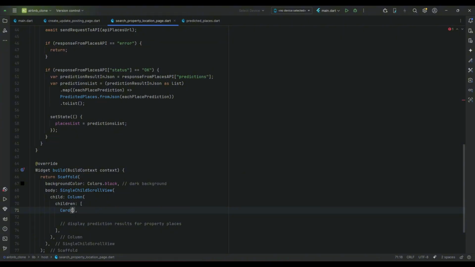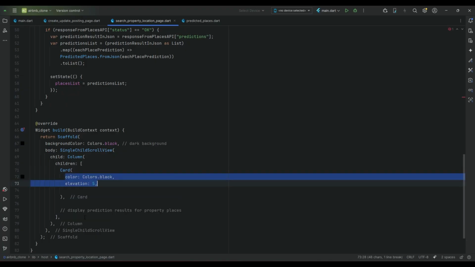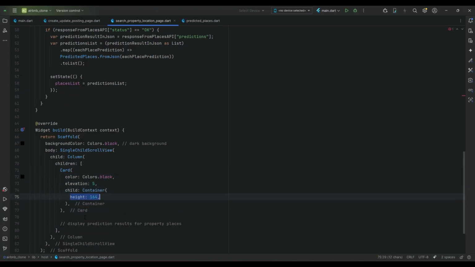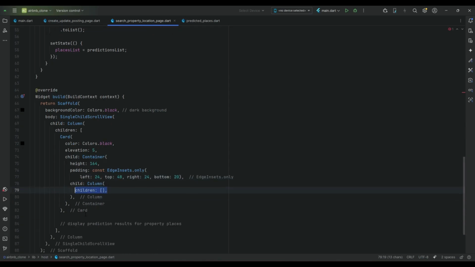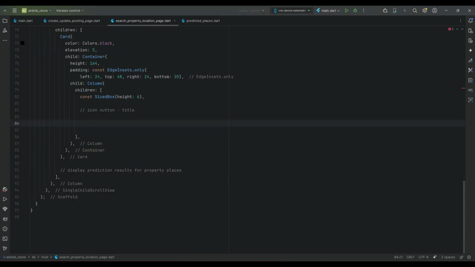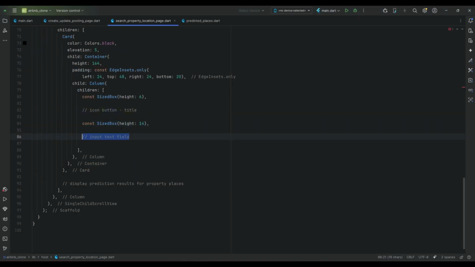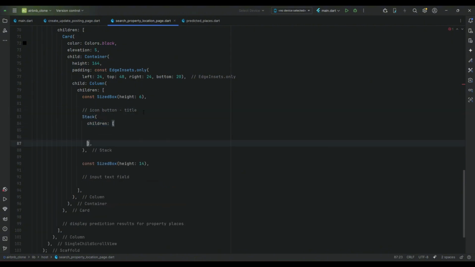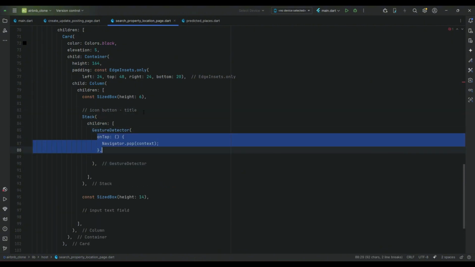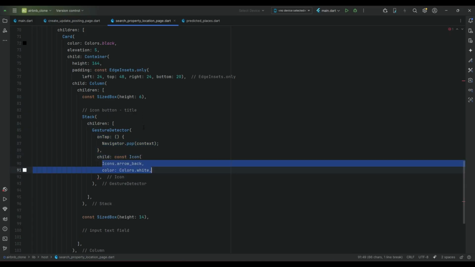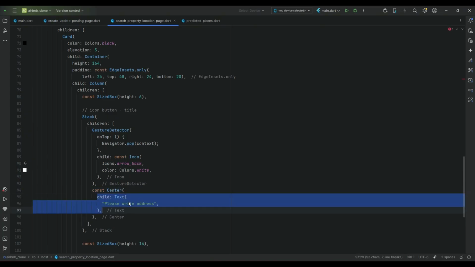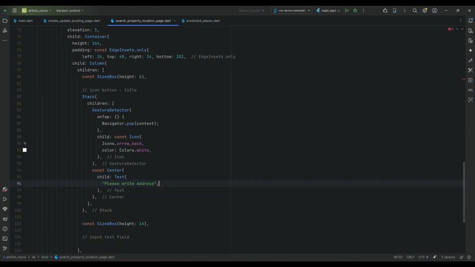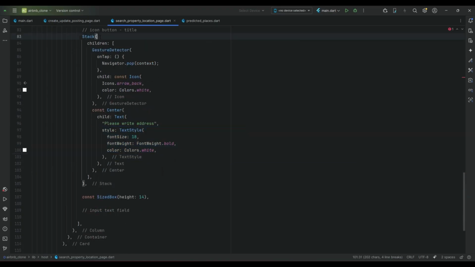So let's first implement that form, that is text form field. We will add an icon and then the input text form field. Now the icon will be the back button icon alongside a title, or you can say text, which will be please write address. And then after it,